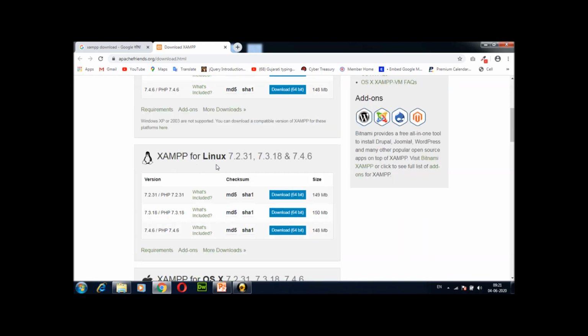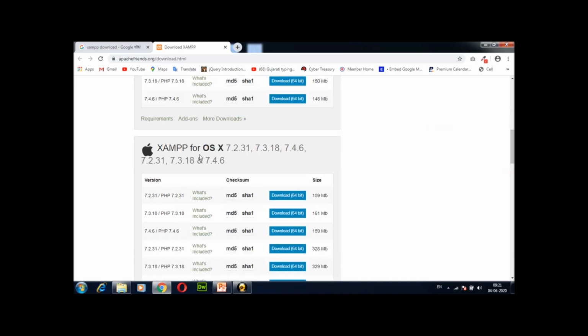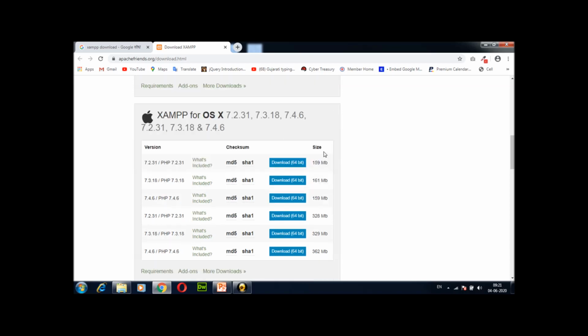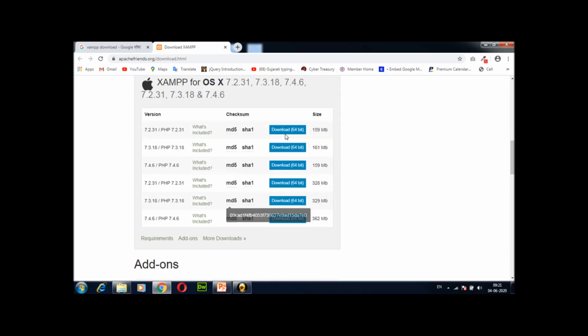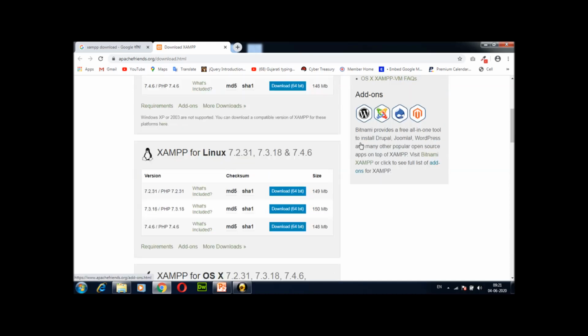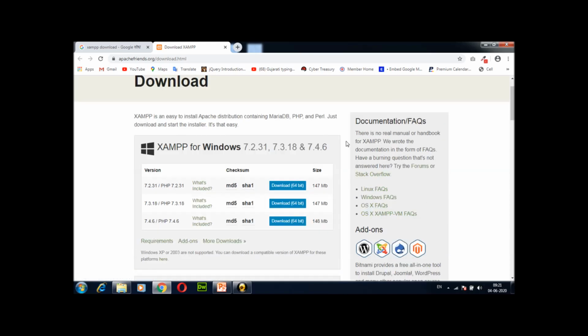Here, the Linux based XAMPP server list is defined. Same here in this list, Mac OS based XAMPP server files are listed. In this topic we are discussing the Windows operating system, so I am going to download the Windows XAMPP.